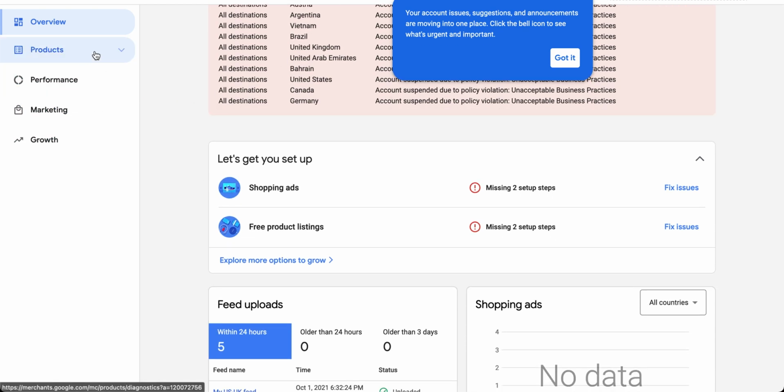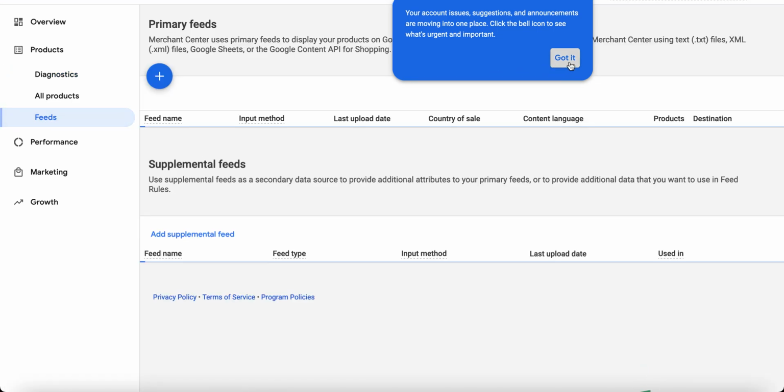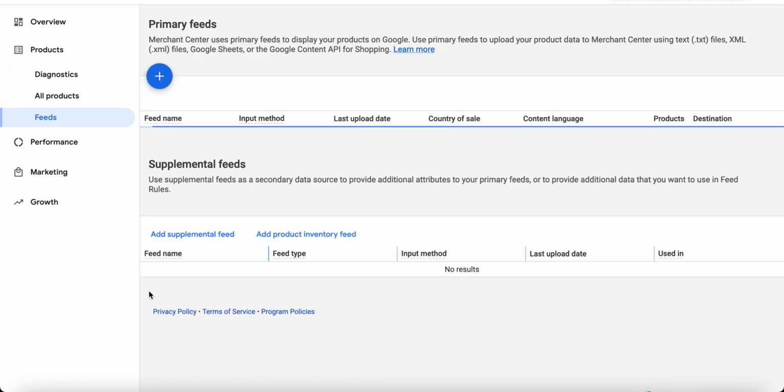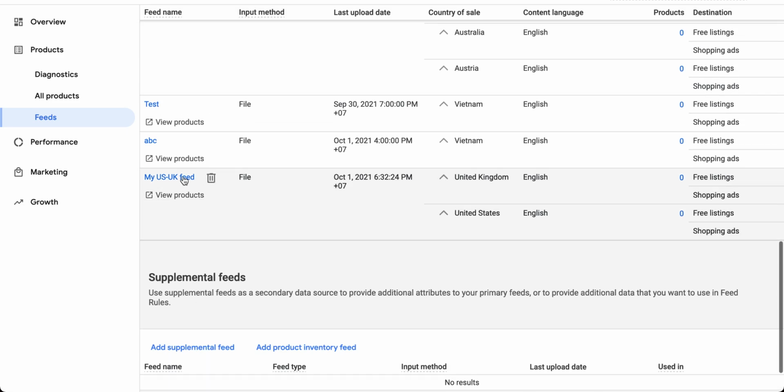Let's ignore the warnings and let's just look for the feed. So here it is. You can see that my feed is already in here.